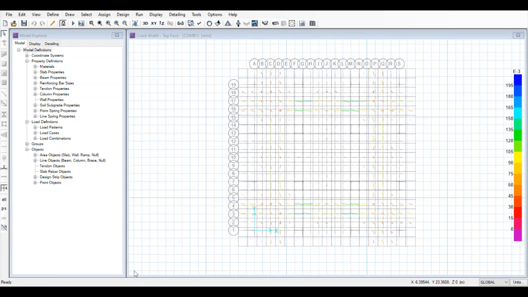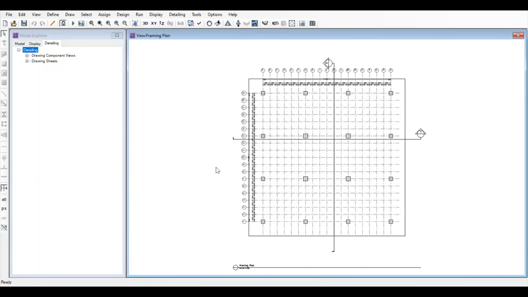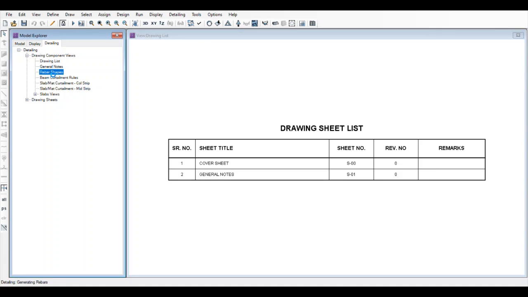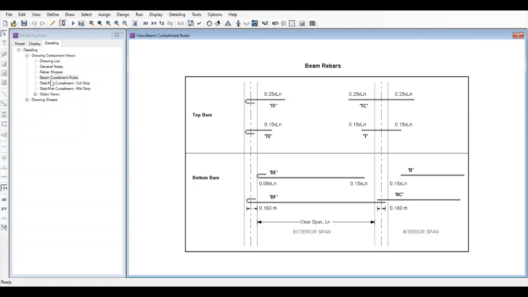Close. Now go to run detailing. Click all the options, generate individual bars in plan, generate individual bars in 3D model, merge areas to clean edges and sections. Click on OK. Now the software has completed the detailing. Now you can see the different types of rebar shapes, strips. You can go to drawing sheets.